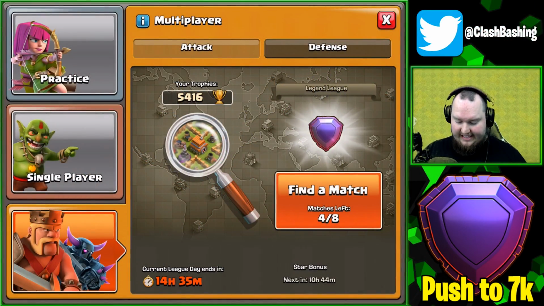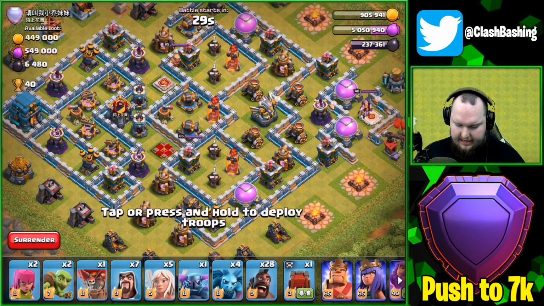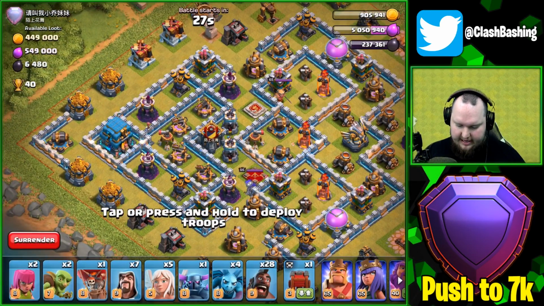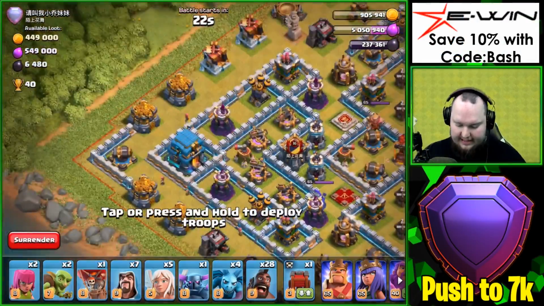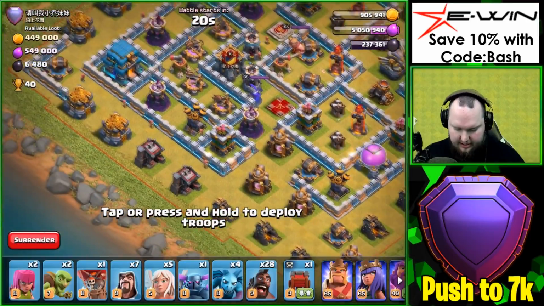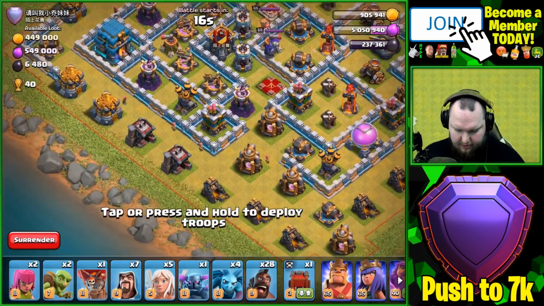Alrighty, guys, 54-16. Let's see what we can do. Same thing. Hopefully we can find a little bit of a better, not ringy base. Okay, so this is exactly what I like. This base is kind of a popular base right now, but we can send the hogs right at the town hall and we'll be good there. So what we're going to do is we're going to set up a little bit of a funnel here. I think what we'll do is we'll go